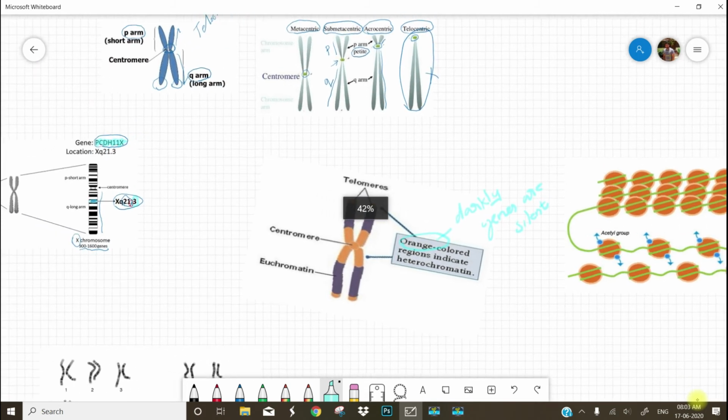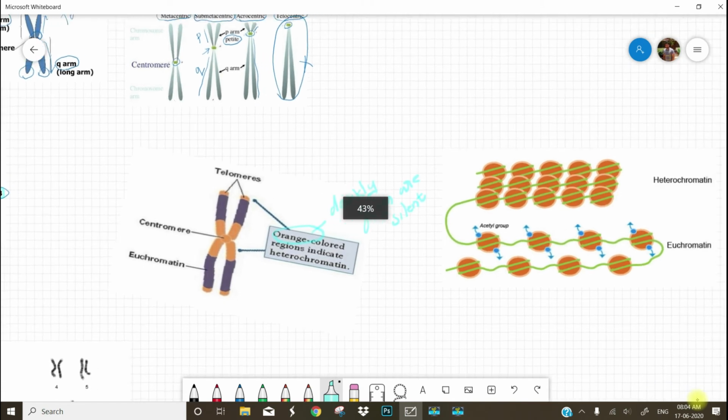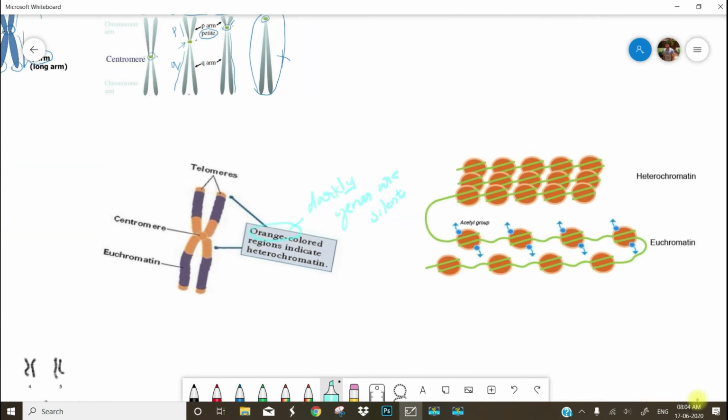For a better understanding, I will show you another image. This is the tightly packed region. So their genes will be transcriptionally inactive or silent, and that region will stain better, or darkly,